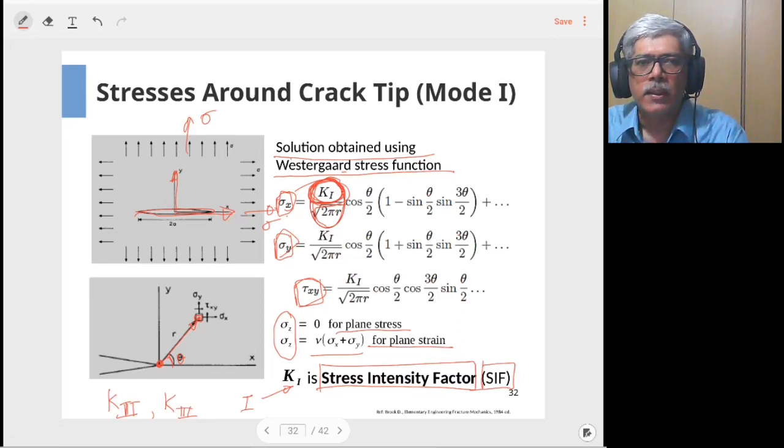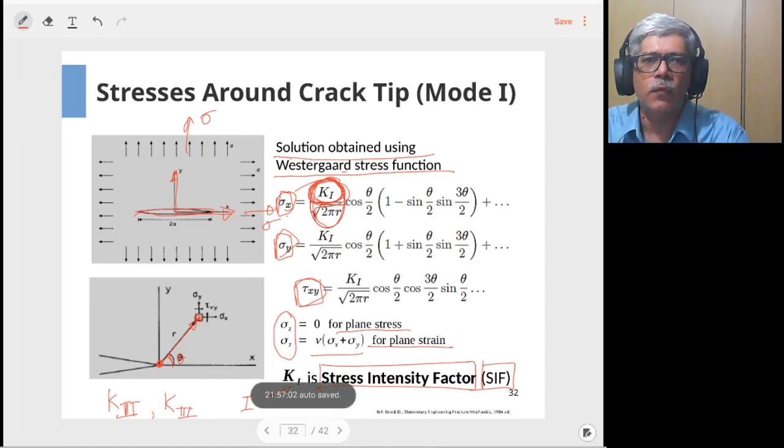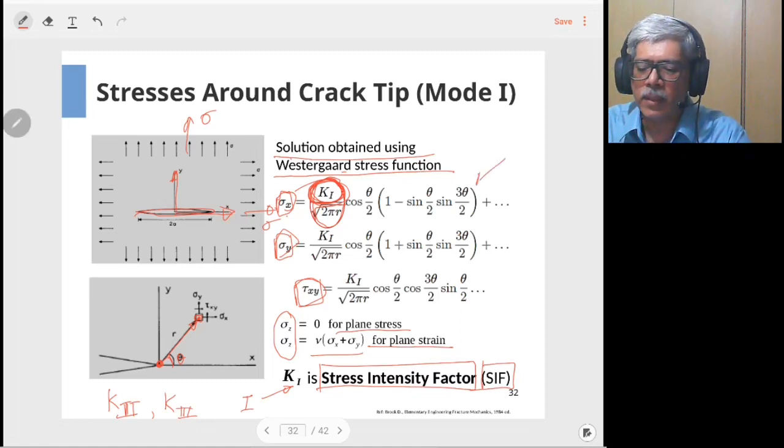So that's correct. Once the stresses near the crack tip cross the yield strength, a small plastic zone would be formed, and the LEFM approach assumes that this plastic zone is small enough so that the stresses predicted by the Westergaard stress function are still valid for such a problem. It is found to be working for many of the important problems in engineering, and that is how this LEFM approach is useful. Let's investigate further into the concept of stress intensity factor.